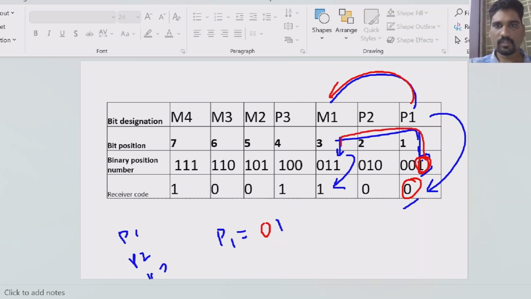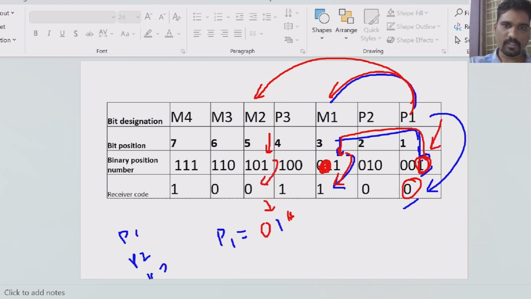Compare with this one, yes, first location. You don't need to consider this one, only check whether it is matching or not. If it is matching, that value is 1, which we have already written. Now compare P1 with the next message bit M2. Do we have the 1 in the first place? Here we have 1 in the first place, the LSB bit. Yes, matching, so we need to write